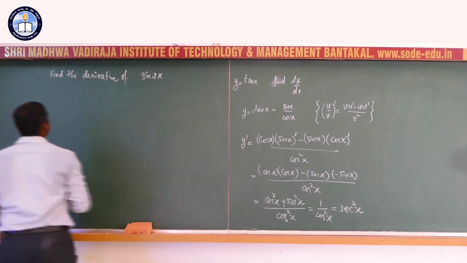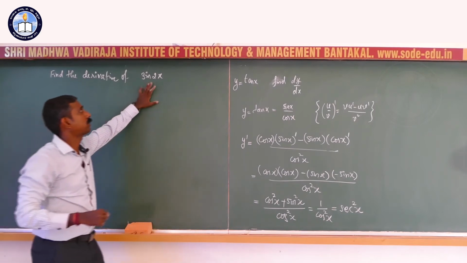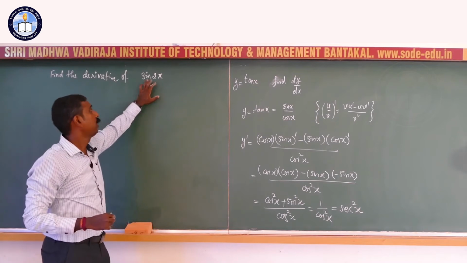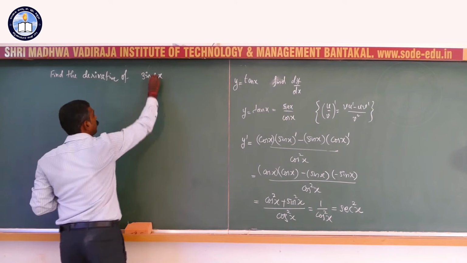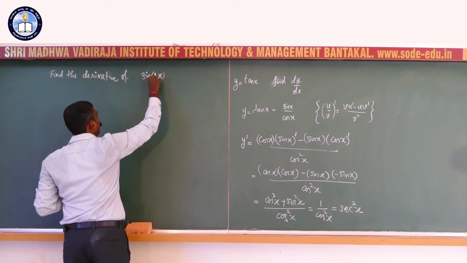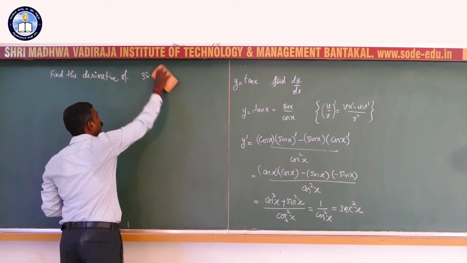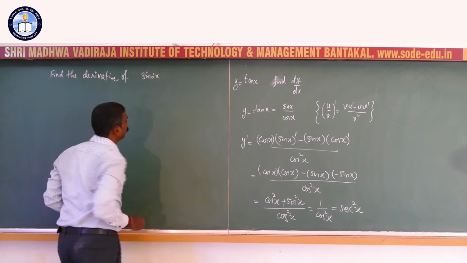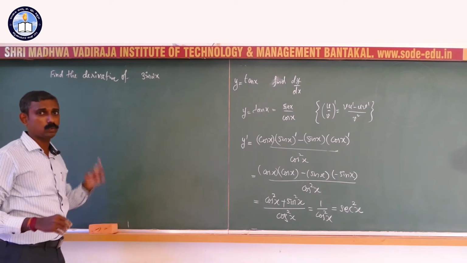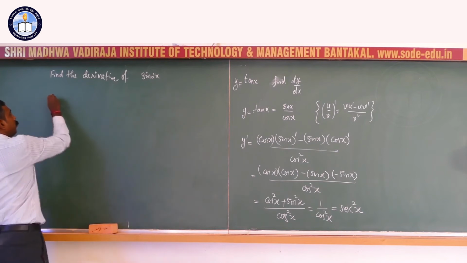See, when you have to find the derivative of sin 2x, we know sin x, but not sin 2x. Whenever 2x is coming with an extra term, this is actually sine of 2x, but we do not know how to simplify or how to differentiate this. We are differentiating sin x, cos x, not sin 2x, cos 2x, sin ax, cos bx, etc. So, how to differentiate this?